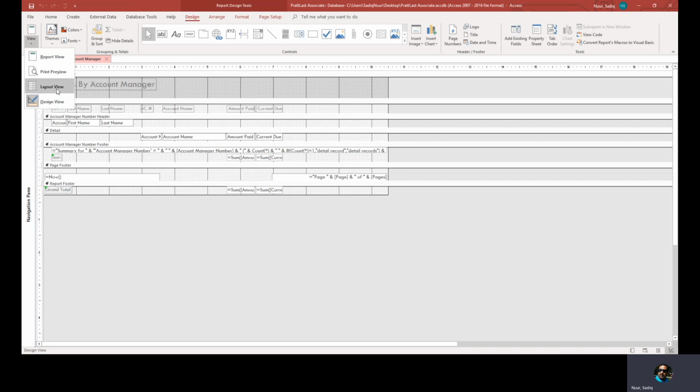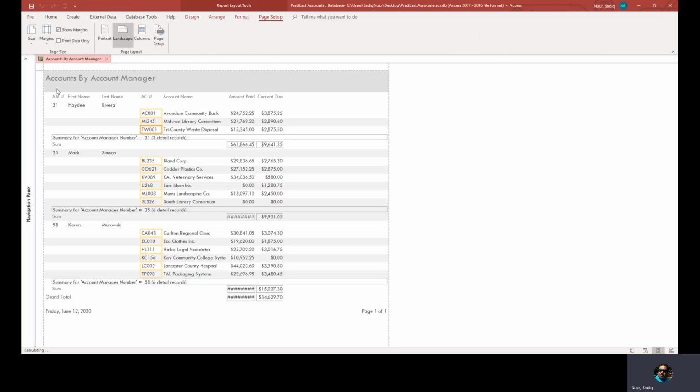So if you go to the layout view, you can see your information like this, right? And then you can also change anything you want from here. So let's say I want to change this, I want to say account manager number,